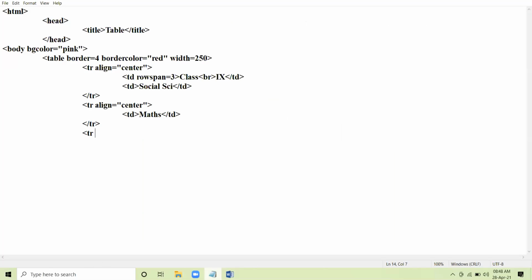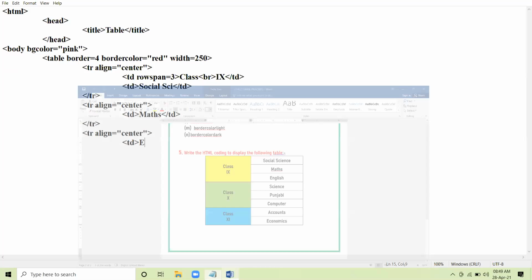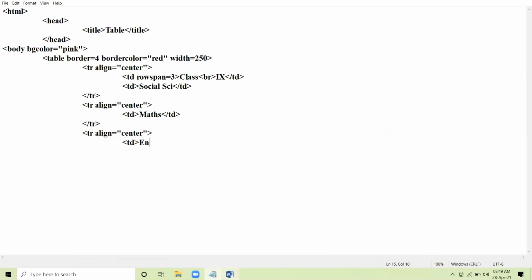Then third row also same. In third row, we have, I think subject is English. Yes. And close it. Okay.